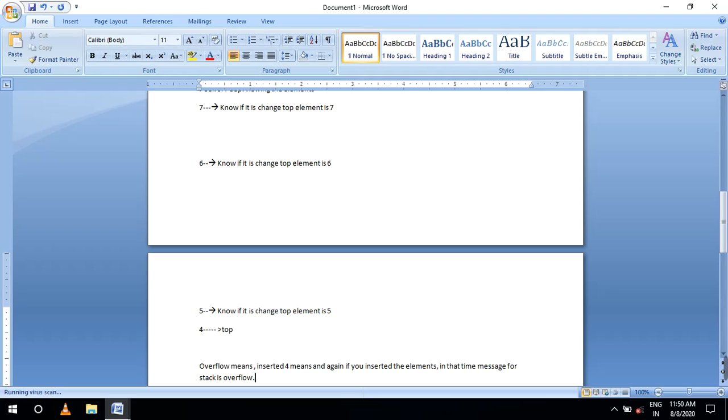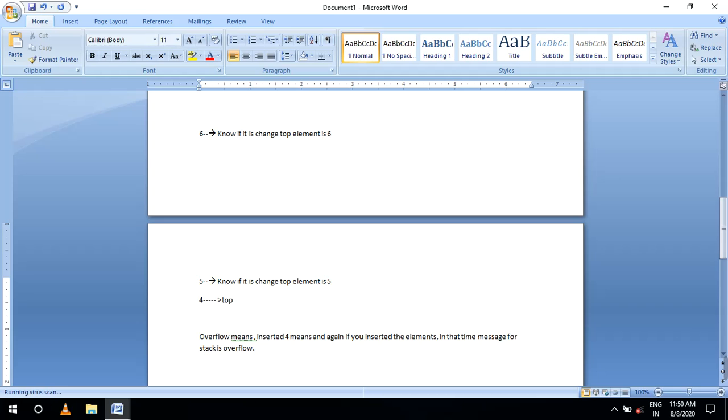This is the concept. If I allocate a size of 4, I insert the entire 4 elements. After that, inserting a fifth element means stack is overflow, because you have a maximum capacity of 4. Now you understand stack overflow.